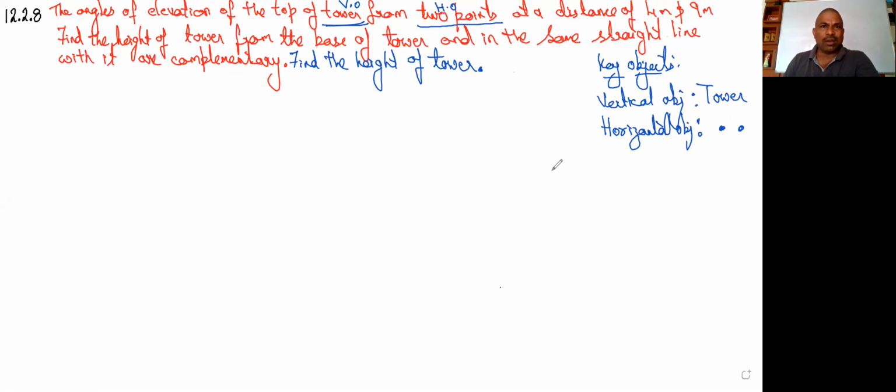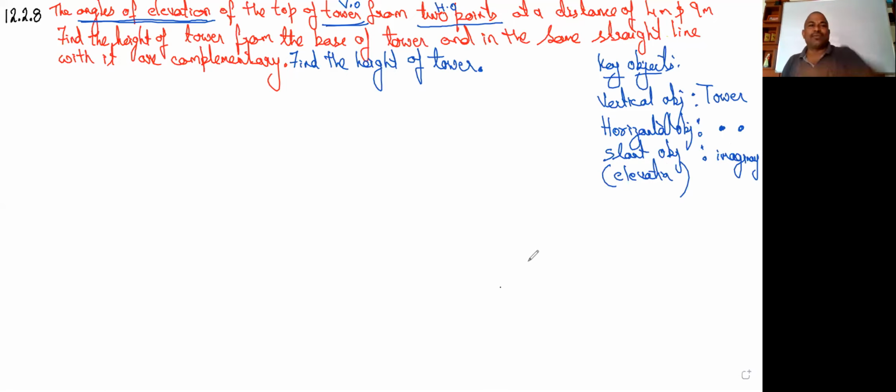All right. And the next one, what he's saying, right? Angle of elevations. Angle of elevation means slant objects we don't have. Why? Because he has given the topic of angle of elevation. If he gives about any thread or rope or ladder, something wire, those are slant objects. But here it is not an object. He is talking about elevation, so it's nothing but imaginary lines. As it is angle of elevation, we have to draw the line of sight.